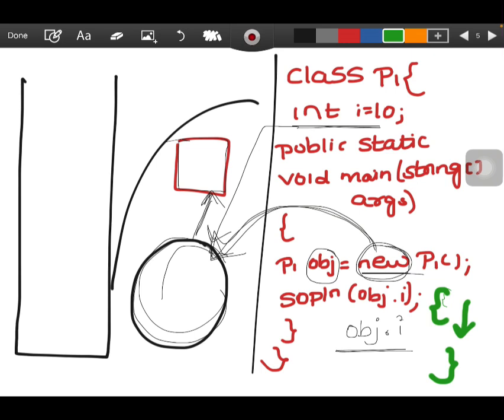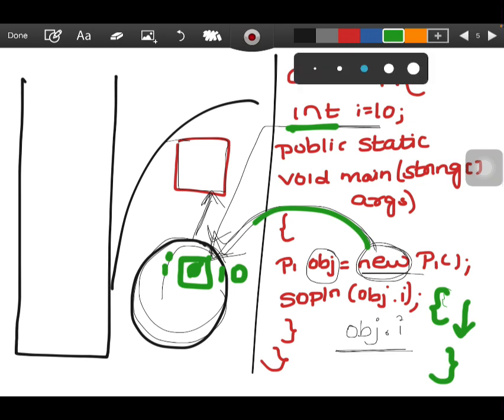Object new P1, class name and P. When the object is loaded, first it is initialized with the default value. Here we have int. So what is its default value? 0. But it executes from the top to bottom, then 0 changes to 10. That's it. Next, System.out.println(obj.i). When it will execute,